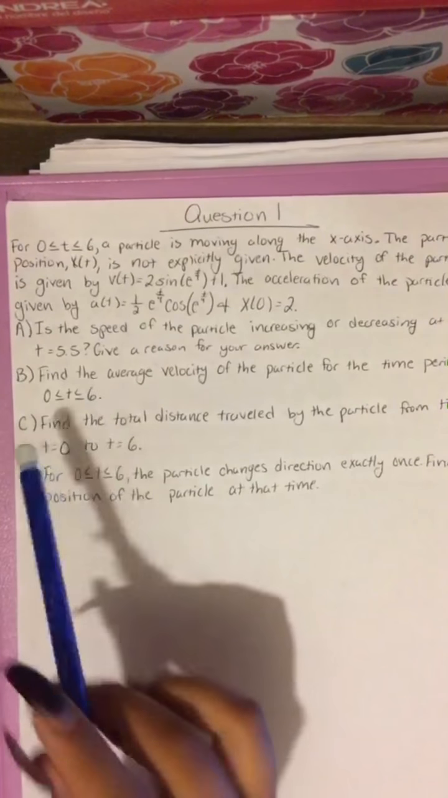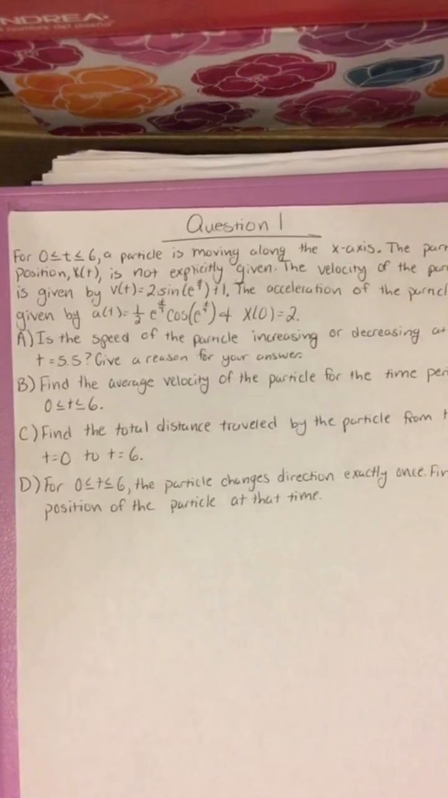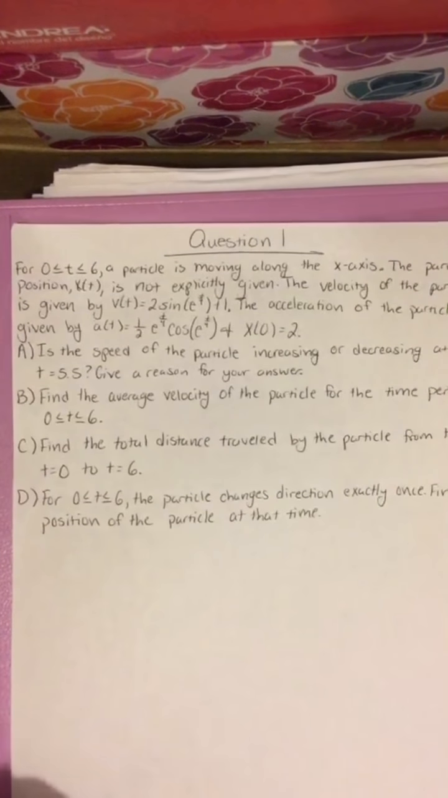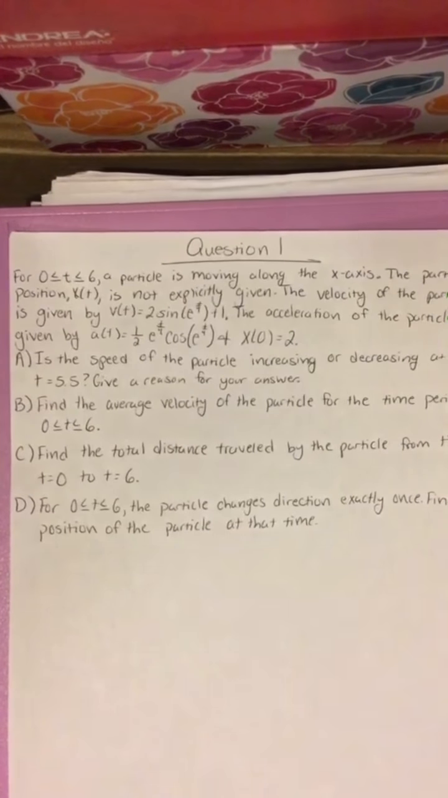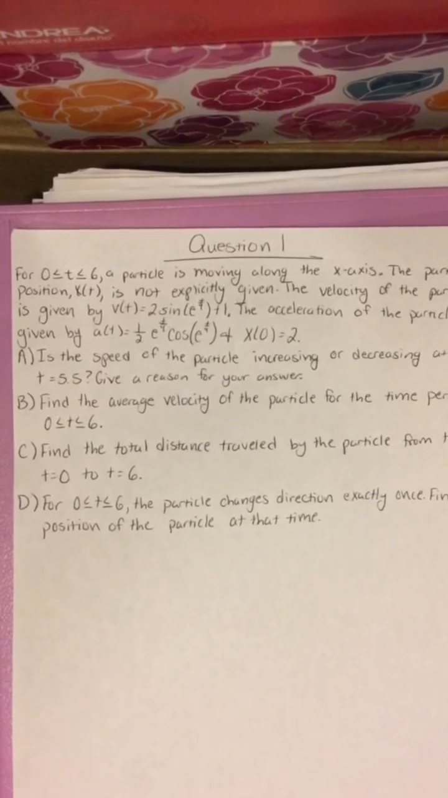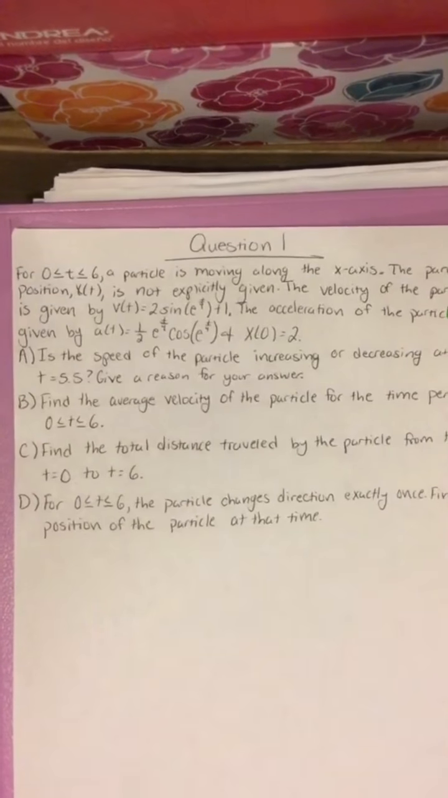The first question is: is the speed of the particle increasing or decreasing at time t = 5.5? Give a reason for your answer. So right here we are looking at the speed of the particle when the time is 5.5. Remember though, speed is not velocity. First we must figure out what v(5.5) is. We would just need to plug 5.5 into the velocity function. They already give the function to us, which is